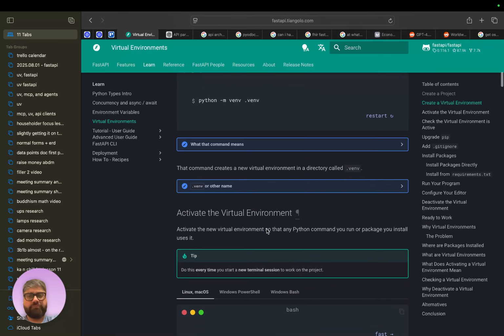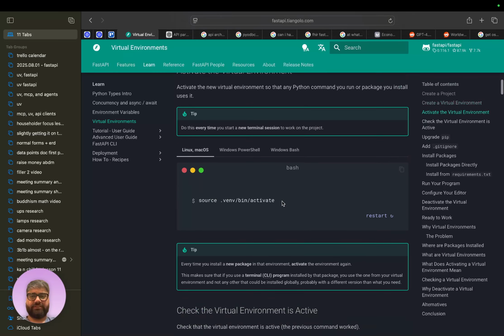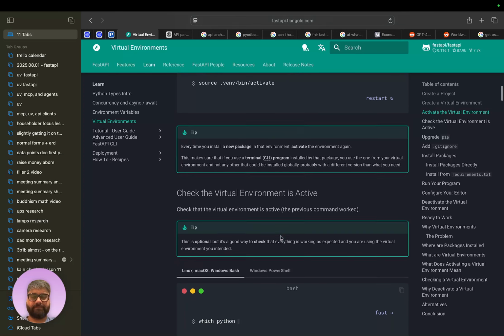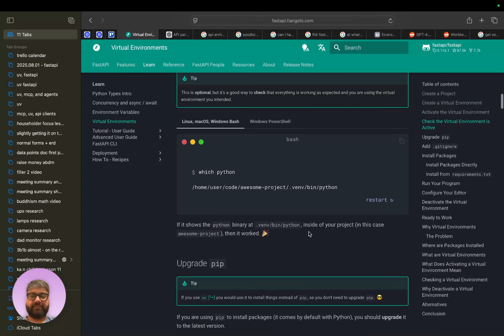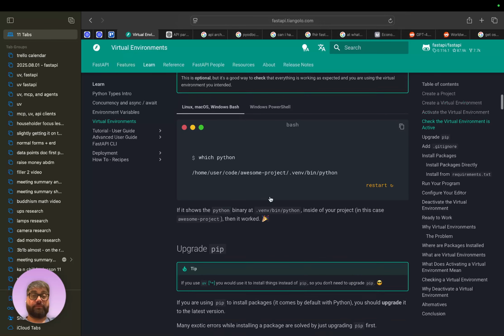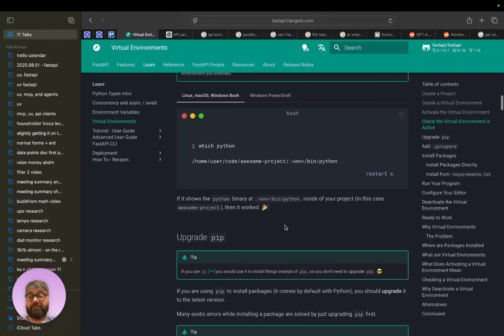So you can activate this environment, which essentially just appends to your path variable temporarily, and then when you deactivate, it just deactivates. And you can use this which command. I don't know what the Windows one is. Okay, so it's Get-Command. That's how you do it in Windows PowerShell, but in Linux and Unix it's which, which is what I mostly use.